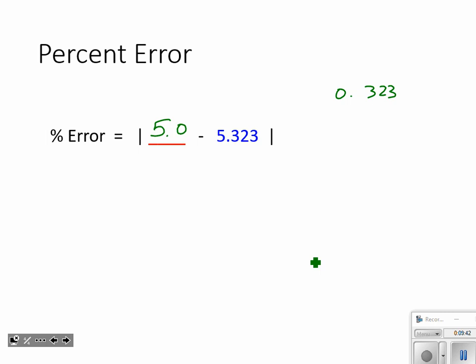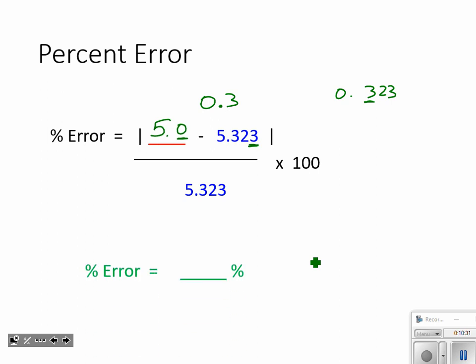Now, sig fig wise, I see that I have a tenth and I have a thousandth. So where do I need to round this since I'm adding and subtracting? To the tenth. Okay? So the value I'm going to have right here is going to be 0.3. Now, I am going to divide that by my theoretical value, which is 5.323, and multiply that by 100. So 0.3 divided by 5.323 gives me a value. Multiply that value by 100, and I round it to 1 sig fig, and I get